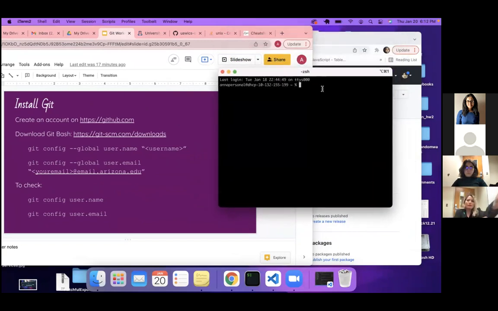Okay, so here I'm in my terminal. I want to first know where I'm at. So I'm going to print working directory, and I'm where I need to be. I'm not in any folders or weird places on my computer. So the first thing I'm going to do is,